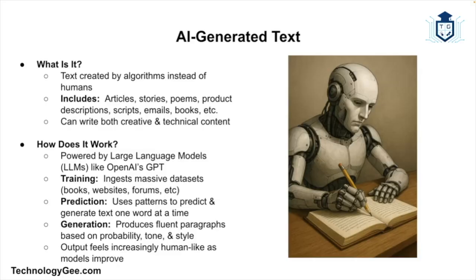So here's an example of how all of this works. You have training. So the AI reads, or more accurately, processes billions of words and learns how language works in terms of grammar, tone, structure, and style. Then there's prediction. So given a prompt or a question, the AI predicts the next most likely word, then the next, and then so on and so on. And it's kind of like autocomplete, but supercharged. And then there's generation. So by stringing words together based on probability, it generates full paragraphs, essays, poems, and whatever else you can think of. And the more advanced the model, the more fluent, coherent, and weirdly human the output feels.